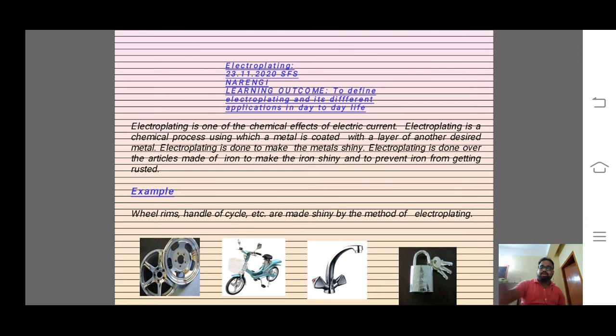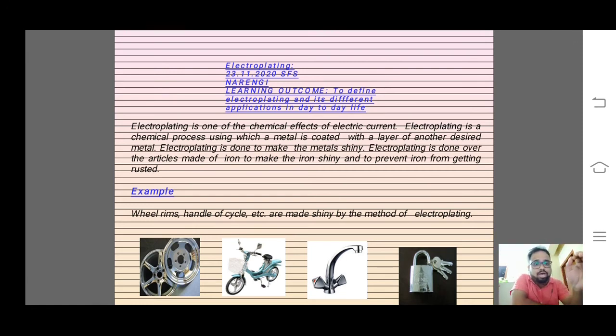Suppose I take this kind of layer, and on this layer I want to plate another layer. To protect this layer, I plate it with another layer to make it safe, and the layer which I am coating should look shiny. So electroplating is a chemical process using which a metal is coated with a layer of another desired metal,